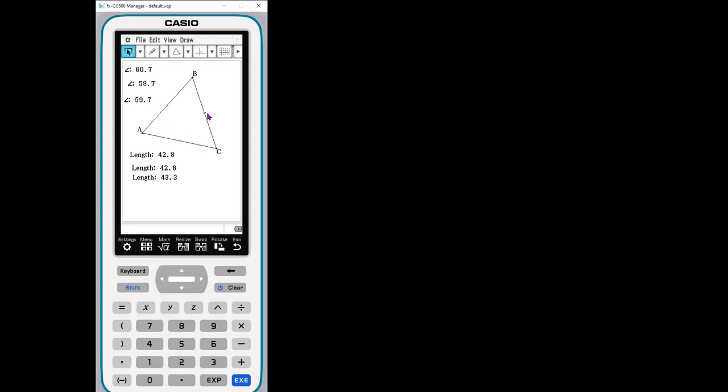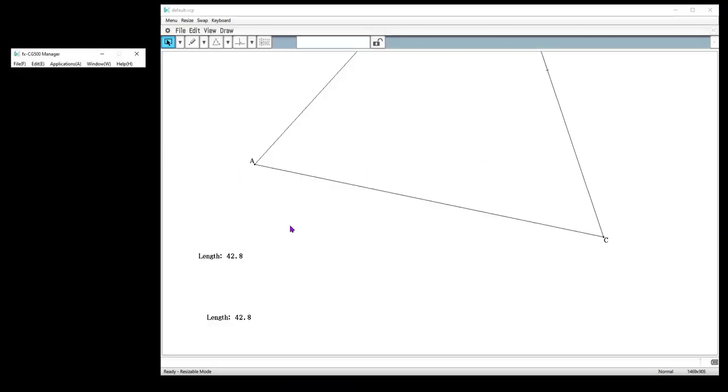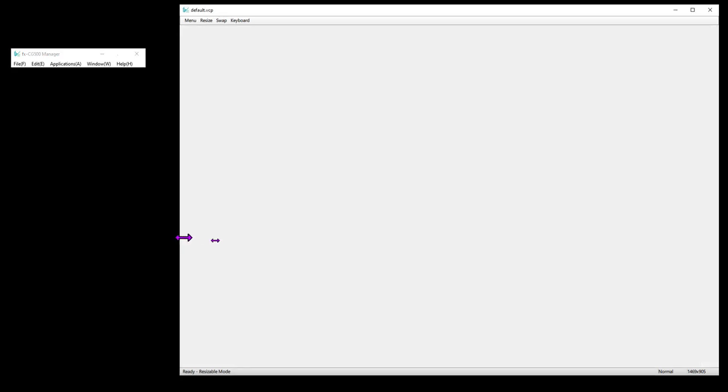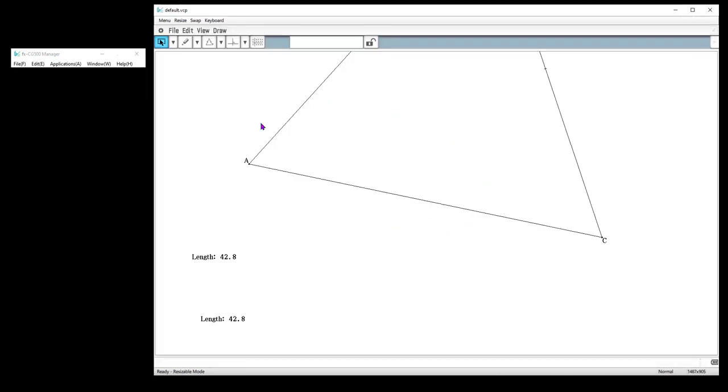But another way, and here's where I'm going to pop out and go into the larger screen view. So to do that, I right click and I choose this resizable mode, and it's going to pop out for a minute and it's going to come back, and now that screen that I was working in is much larger. I can actually change the size to fit whatever screen I happen to be on. And it looks a little silly right now because the thing that I had constructed before is off screen.